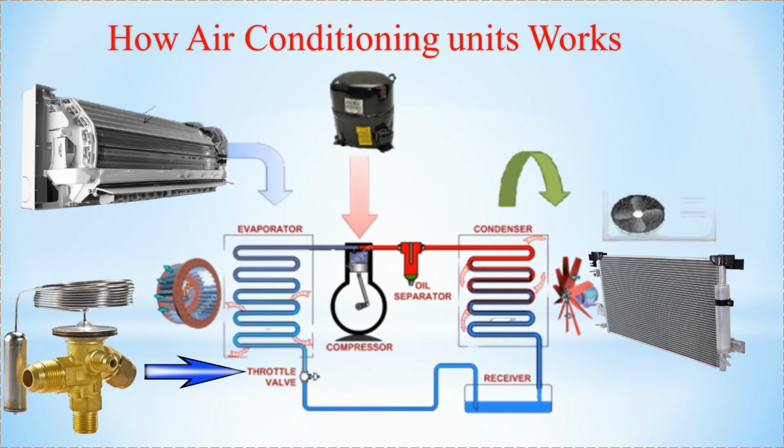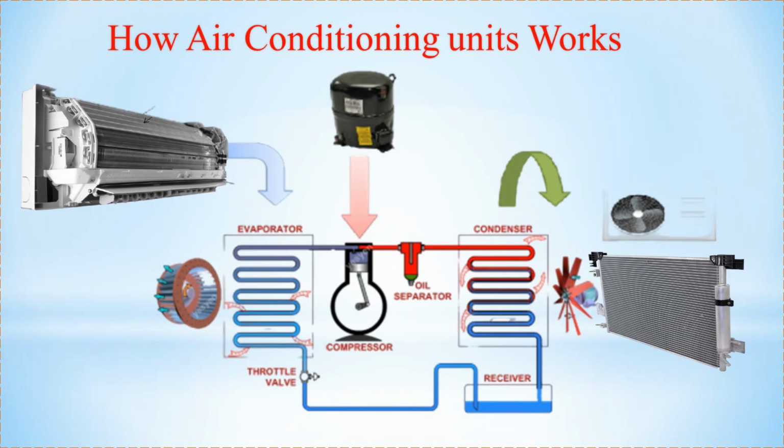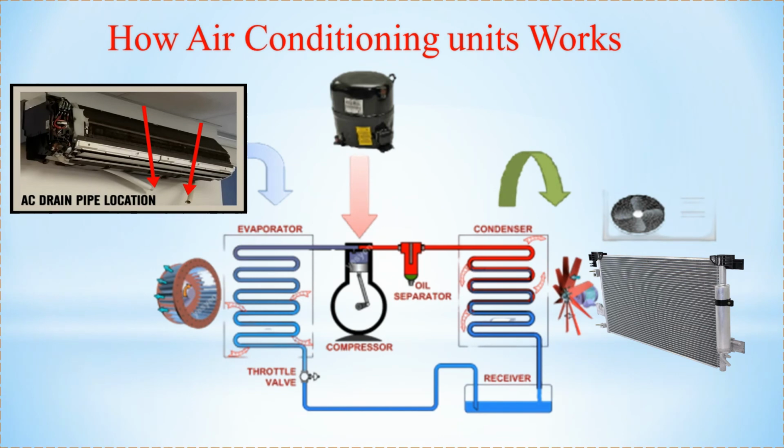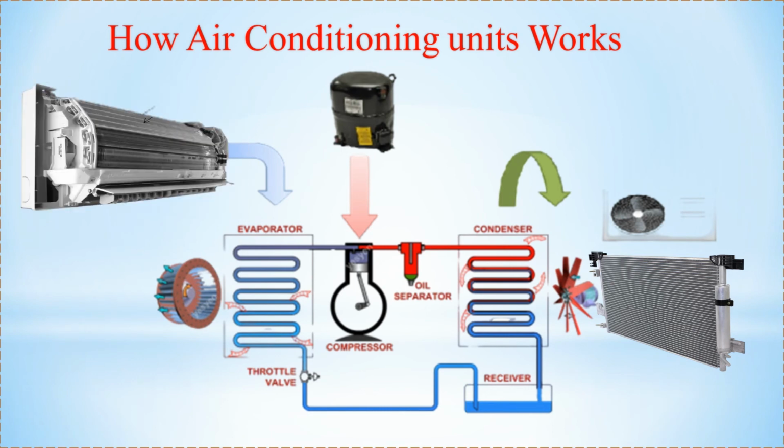As the refrigerant flows, the blower fan draws hot room air over the evaporator coil. The refrigerant absorbs the heat from the air passing through it. When the water vapor in your warm household air hits the cold evaporator coil, the water vapor condenses into liquid form and drips down into the condensate pan, which drains the water away outdoors. This is how your evaporator coil reduces the humidity in your home.